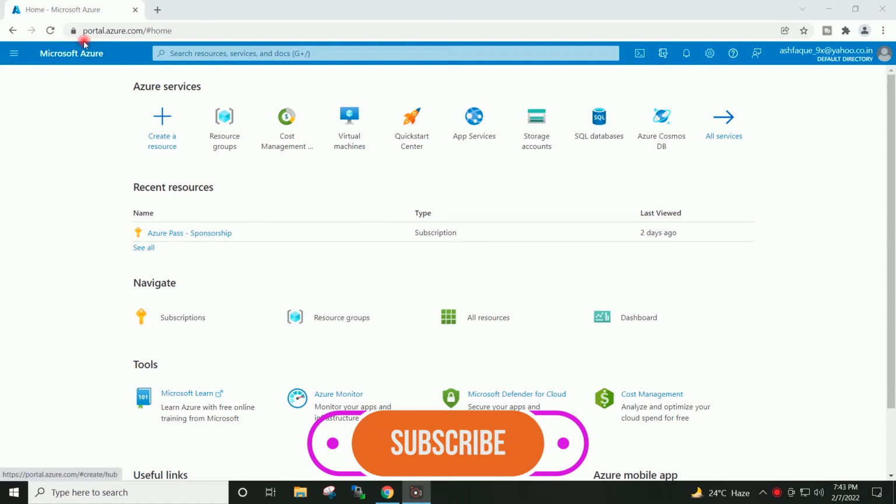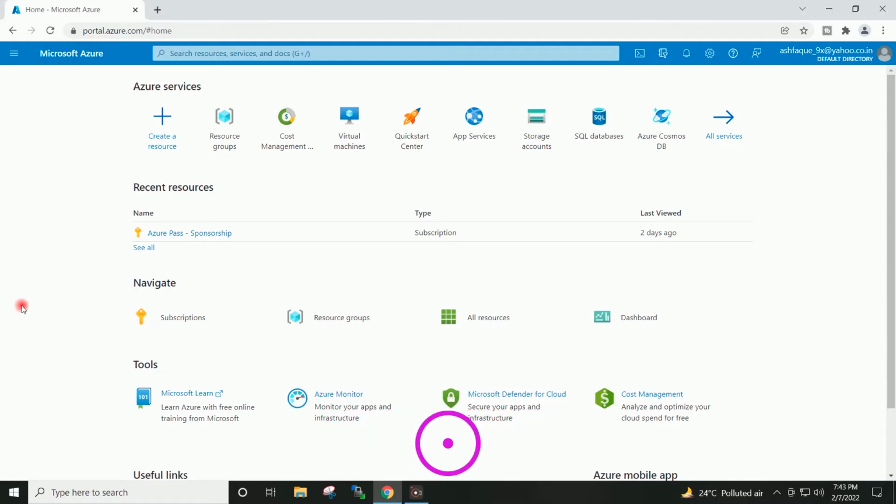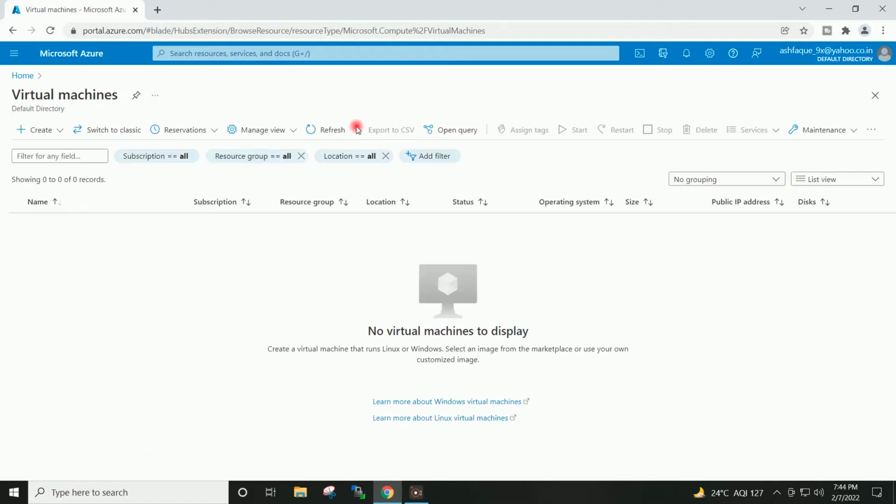You can register to portal.azure.com and you can experience the Microsoft Cloud. To create the Windows Server 2022 VPS, I will go to virtual machines, create virtual machine,